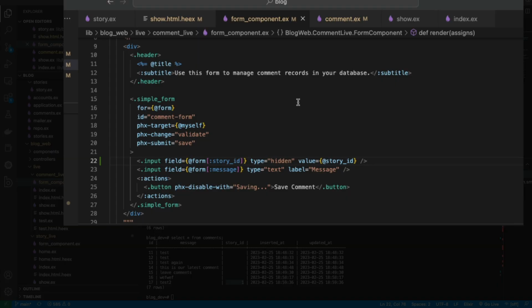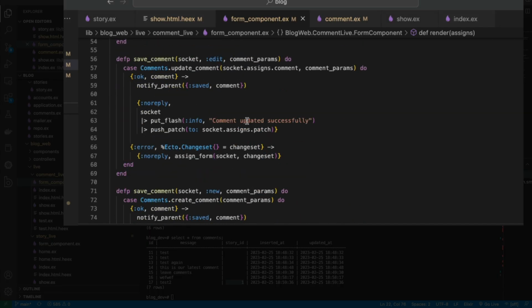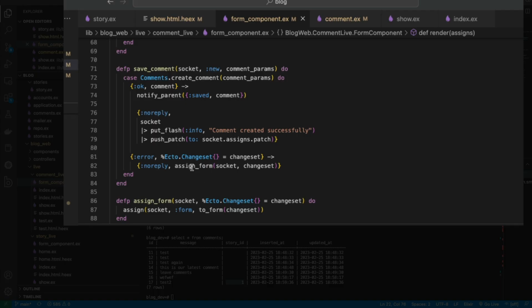And when that is submitted, it goes through all of the default saving code that was created for us by the LiveView generator. So we don't have to do much here. It's already basically created for us. Again, that's why I really like to mention that the form component is one of the essential pieces that the